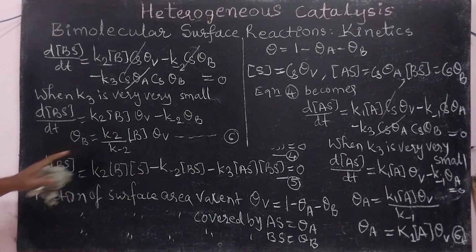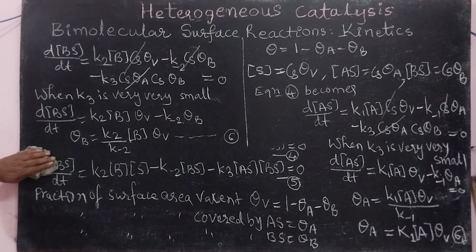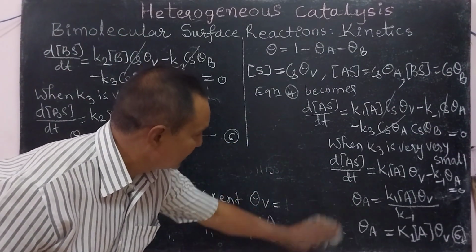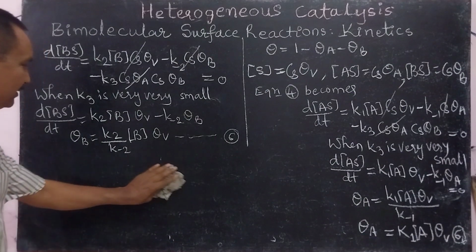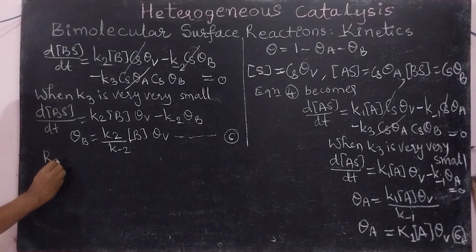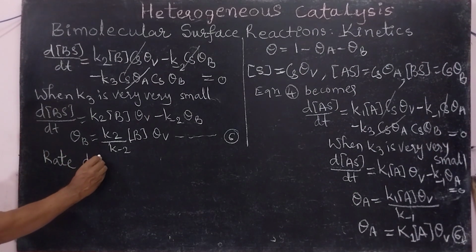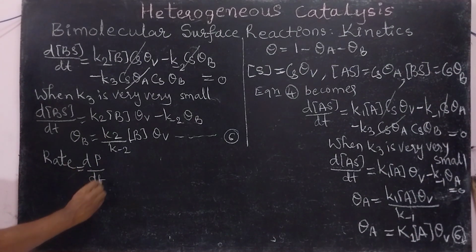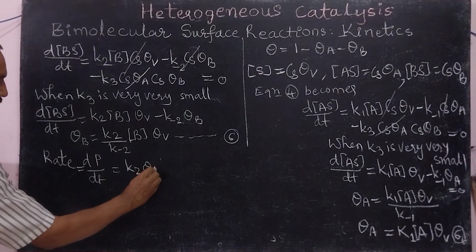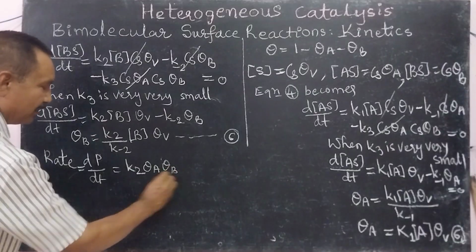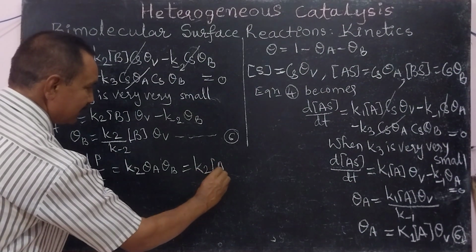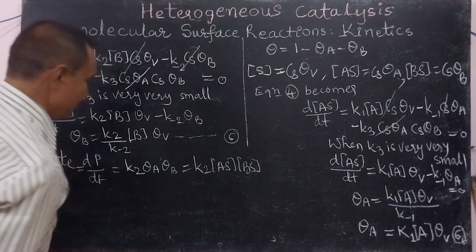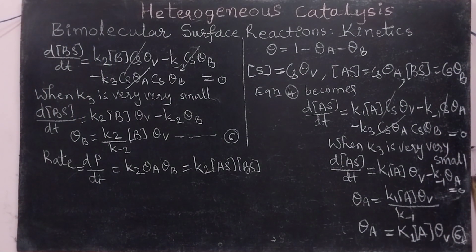Now theta A, theta B, we got the values. Then from equation 3, back from equation 3, rate, that is rate is equal to d product divided by dt. This is equal to K2 into theta A theta B. Okay, this is same as K2 into concentration of AS and the concentration of BS. Okay, thus we can write rate is equal to